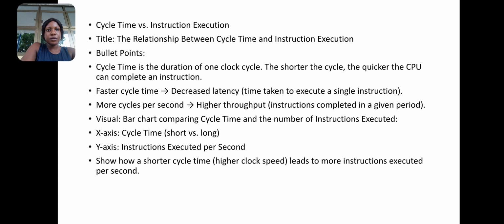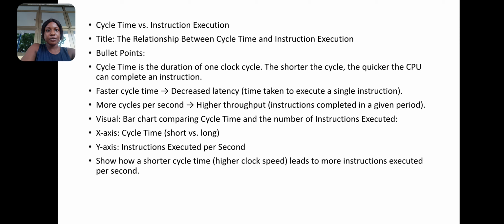So, cycle time versus instruction execution. We also have the title, which is the relationship between cycle time and instruction execution. We also have bullet points, and the cycle time is the duration of one clock cycle. And the shorter the cycle, the quicker the CPU can complete an instruction. So this is how it works. Faster cycle time means decreased latency, and that's the time taken to execute a single instruction. We also have more cycles per second, so higher throughput,